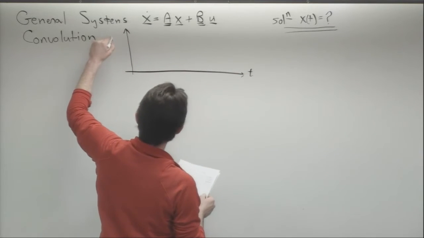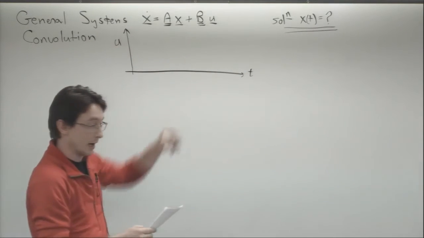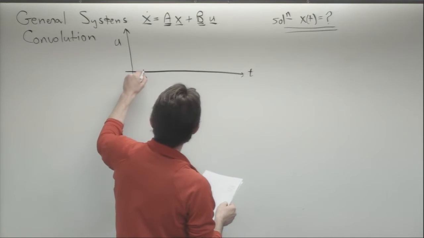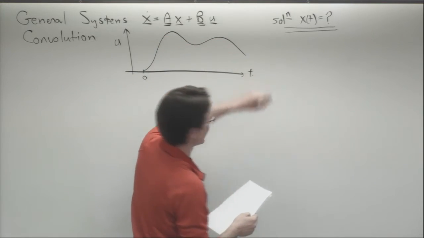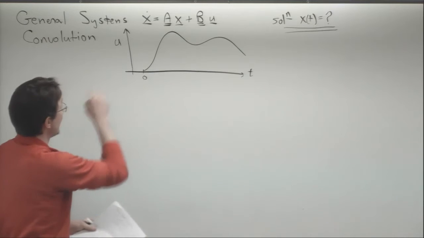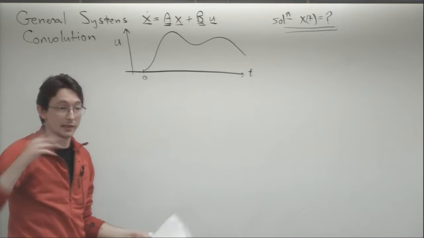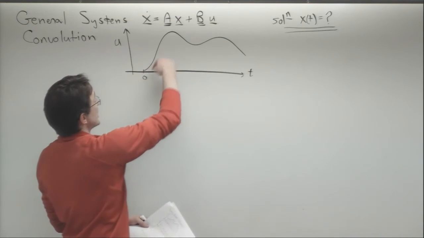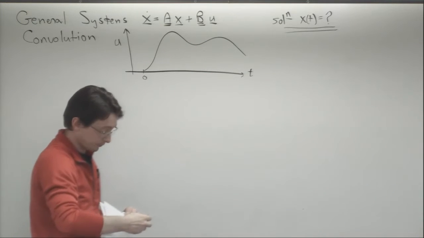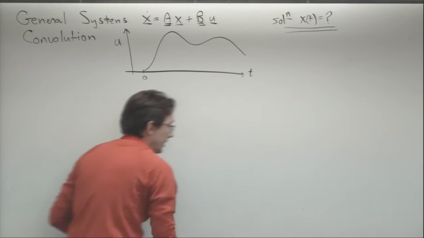So here we're going to see the function u of time, and maybe it looks like something like that. Now this u is not simple. It's not just an impulse at time 5 or time 0. It's this arbitrary function. Okay? But if I think about it,